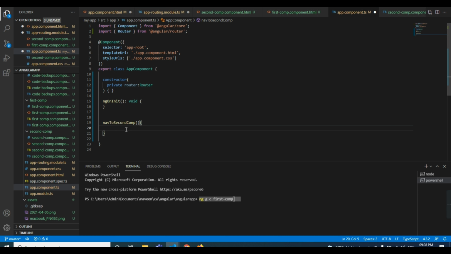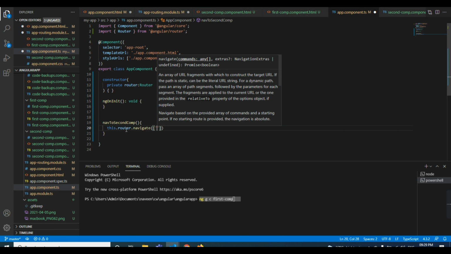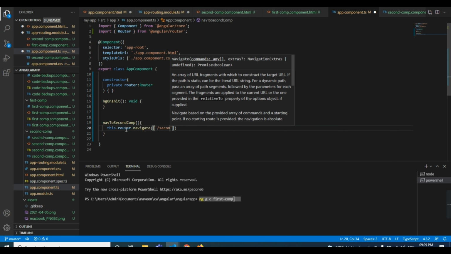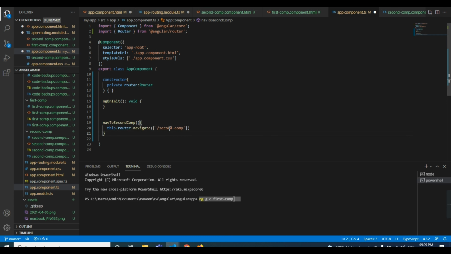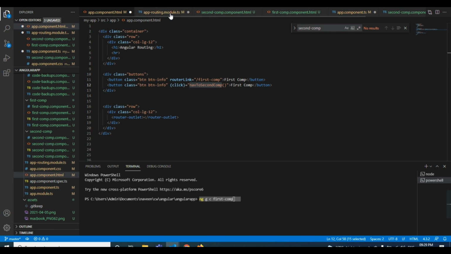So here this.router.navigate, an array inside, with an object: slash second-comp. Whatever the route name is, we need to give that one. I will cross-check whether I have given the correct name. Okay, it's the correct name, so I will save it.